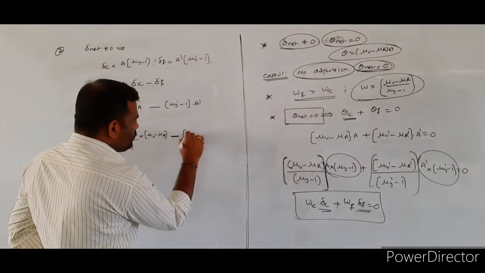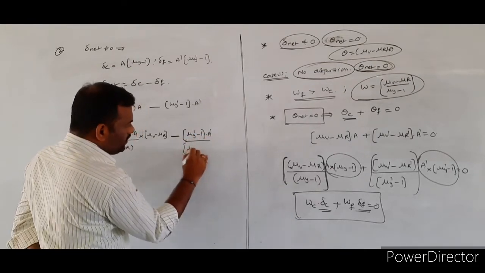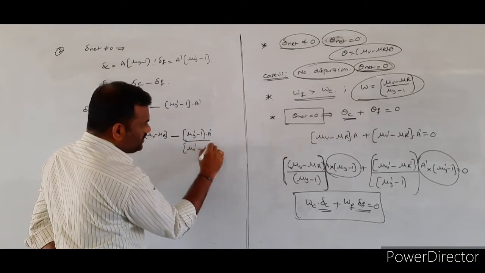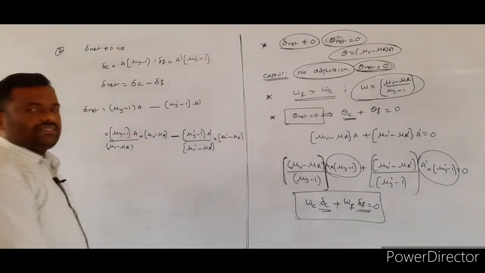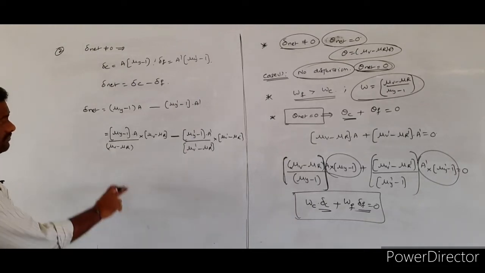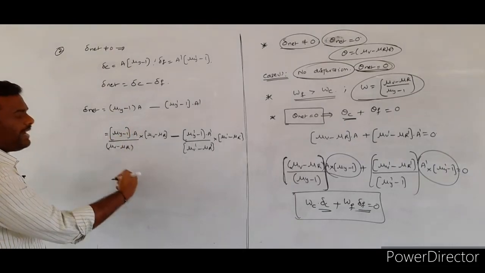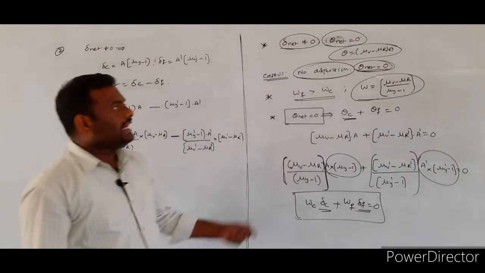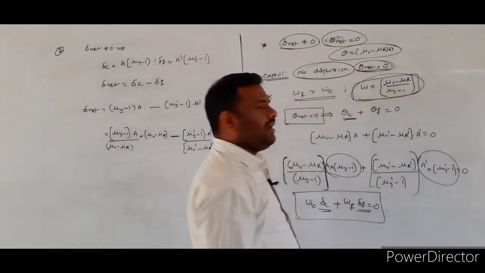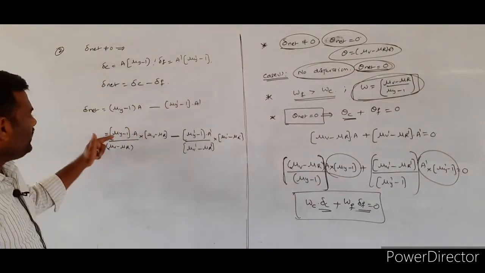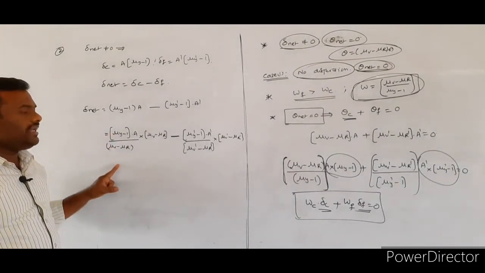Similarly, in this case also, mu y dash minus 1 into A dash multiplied with mu v dash minus mu r dash, divided by mu v dash minus mu r dash. Once again, here mu v minus mu r by mu y minus 1, that value will give the dispersive power. What is the formula for the dispersive power? Mu v minus mu r by mu y minus 1. So whatever the value mu y minus 1 is in the numerator, that came to the denominator, that will be giving what?